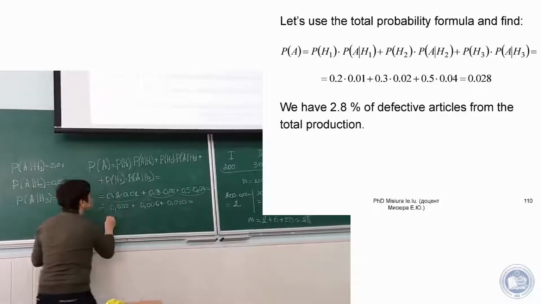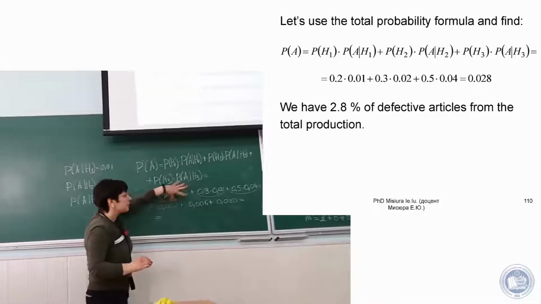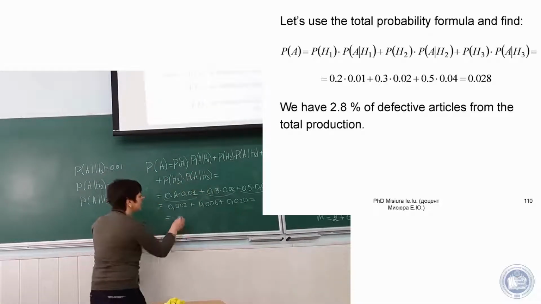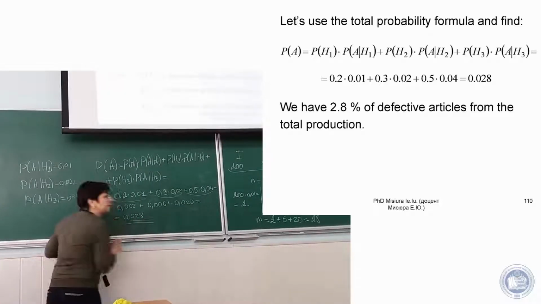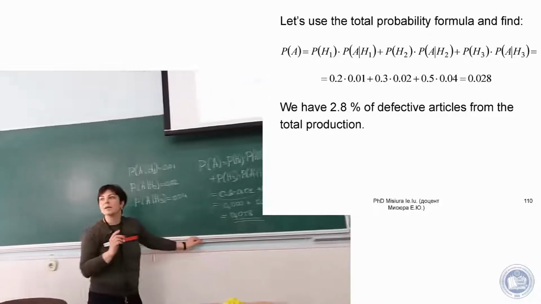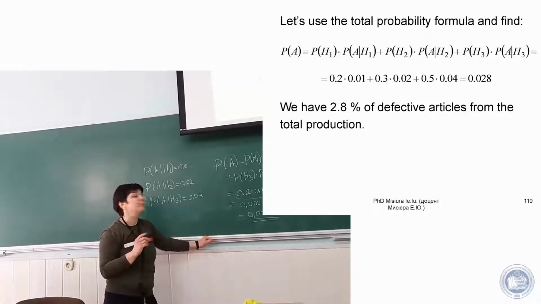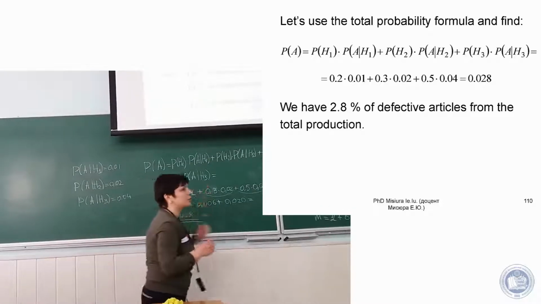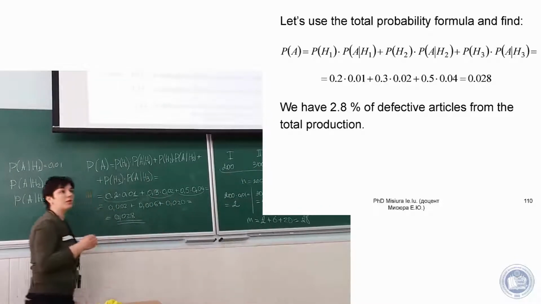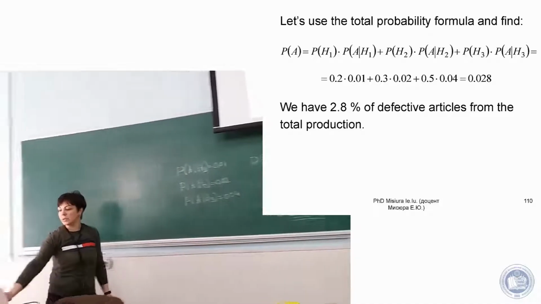Students, yes, this addition will be 0.028. Please compare this result and result of the previous solving. It's all clear? Yes. Okay, it's application. It's first formula. And now, students, let's learn